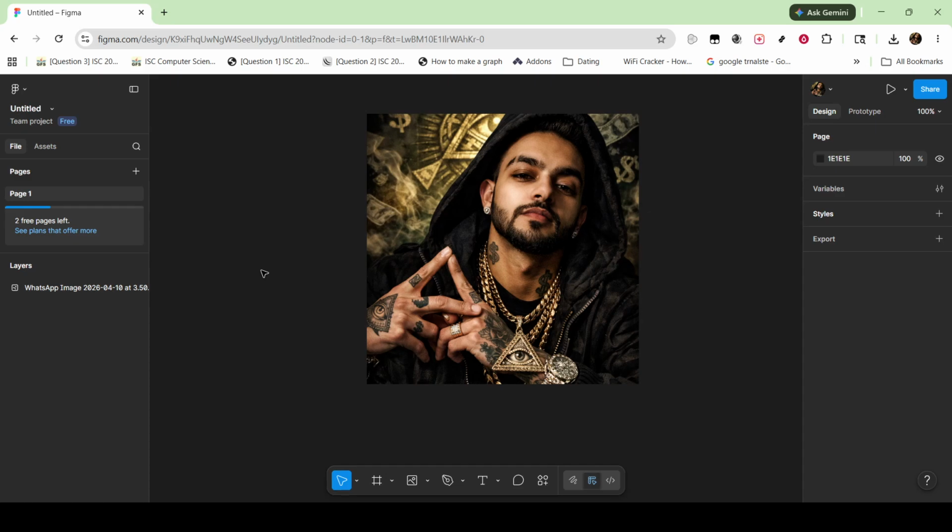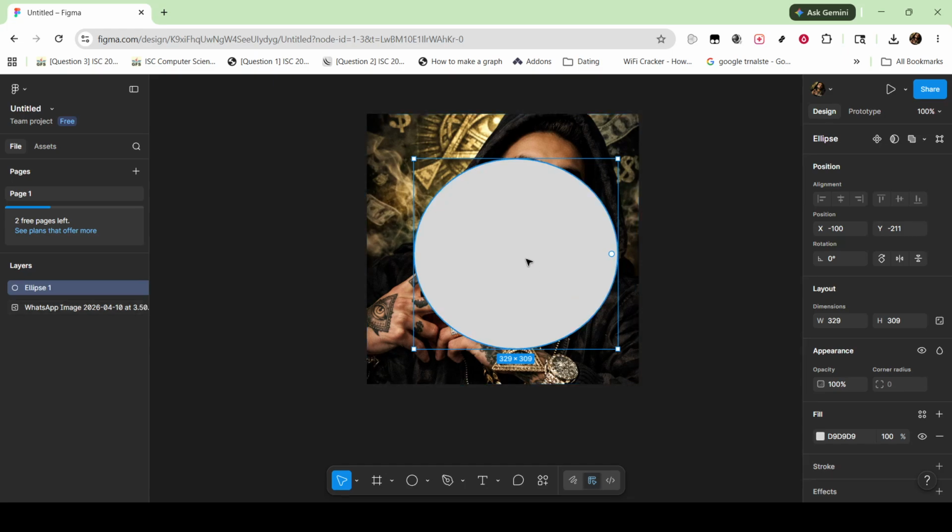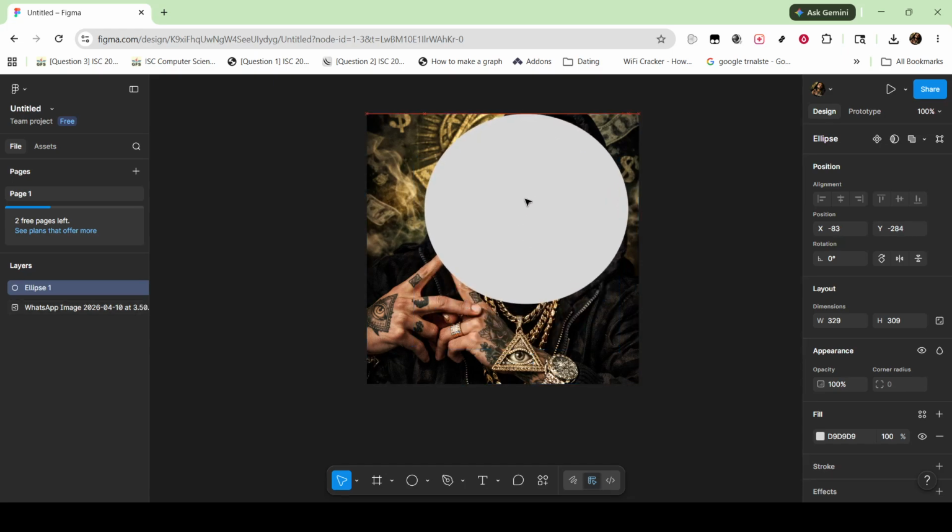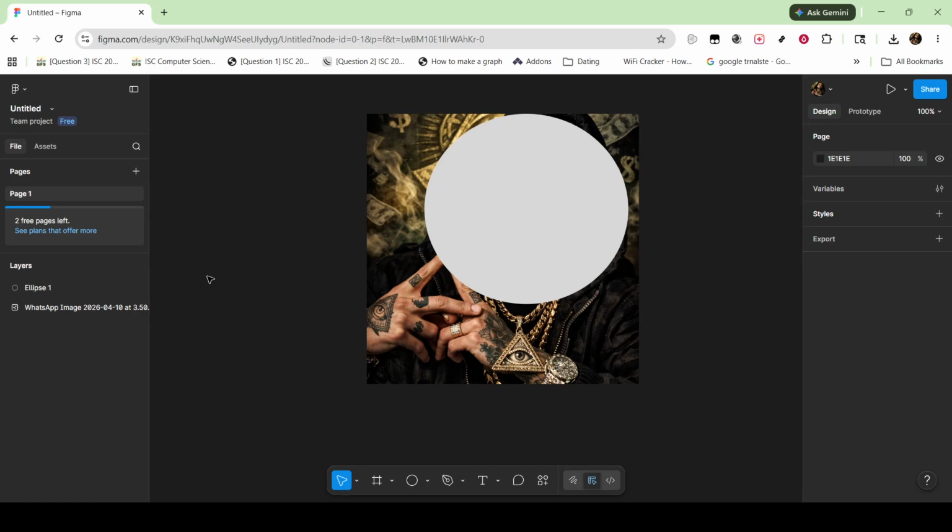For our masking process, let's use an ellipse. To create one, simply press the letter O on your keyboard. Now, click and drag to draw an ellipse over the area of the image that you want to showcase. This shape will determine which part of the image stays visible, so make sure to cover it just how you'd